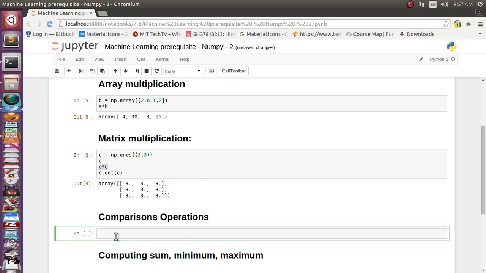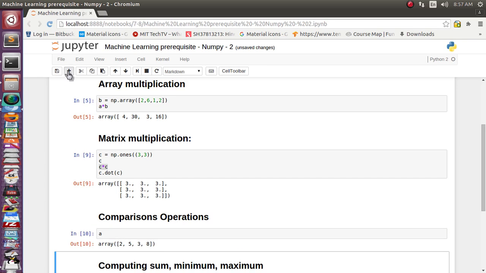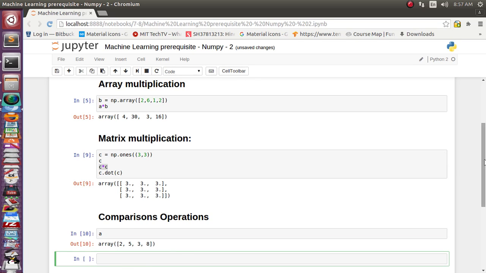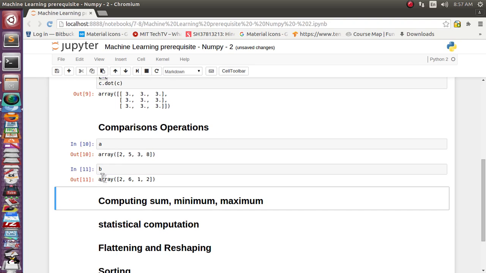We have already generated one array. Let's compare array A and array B. They have just one element in common; all other elements differ.